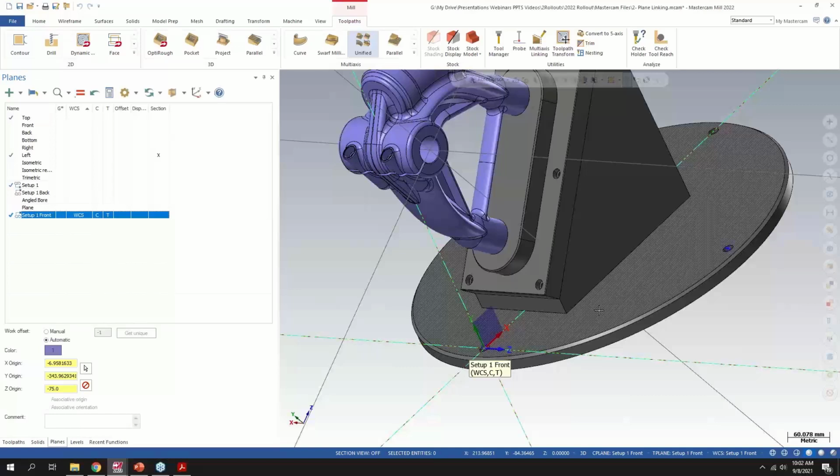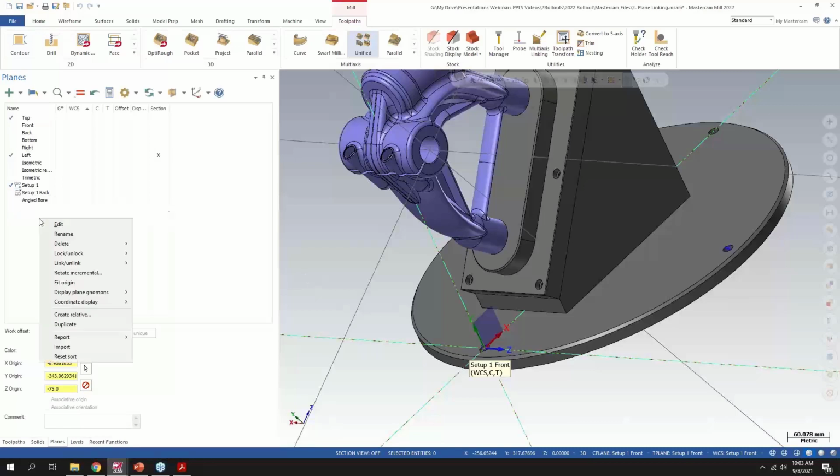So to explain that a little further, once I get that main parent-child setup, I can create cousin planes of that initial setup to work around a given part. So you can save yourself a lot of time setting up planes with this function of being able to link them together. And one thing I wanted to highlight here while I'm modifying a specific plane,